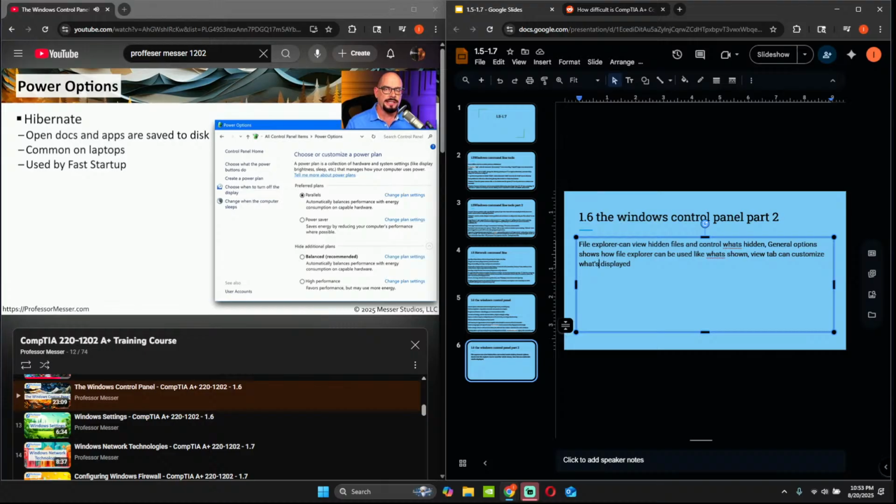Windows also gives us access to many power options, not only for our laptop computers, but we can also change power options on our desktop computers as well. You'll find these options under the control panel under the option marked Power Options. For example, you might be able to set a configuration where your system will hibernate. That means it will take all of the open documents that you're using and all of the applications in use, and will save that information to the drive associated with your system. This is very common on laptop computers because it will save